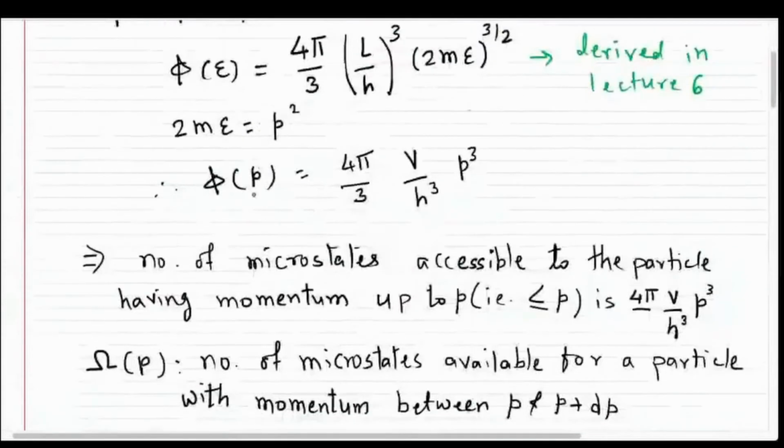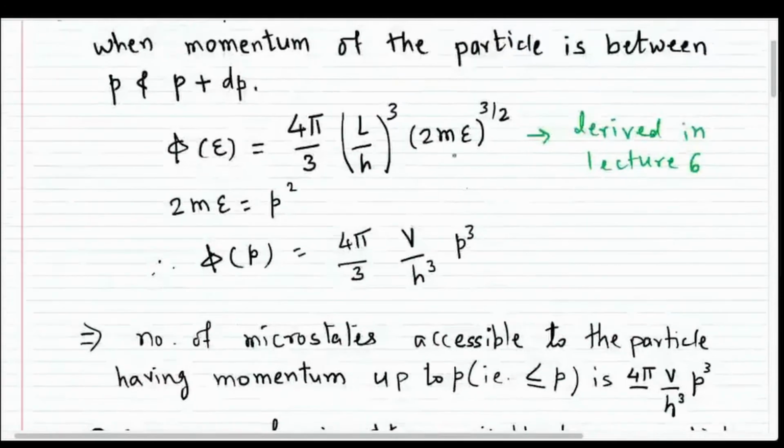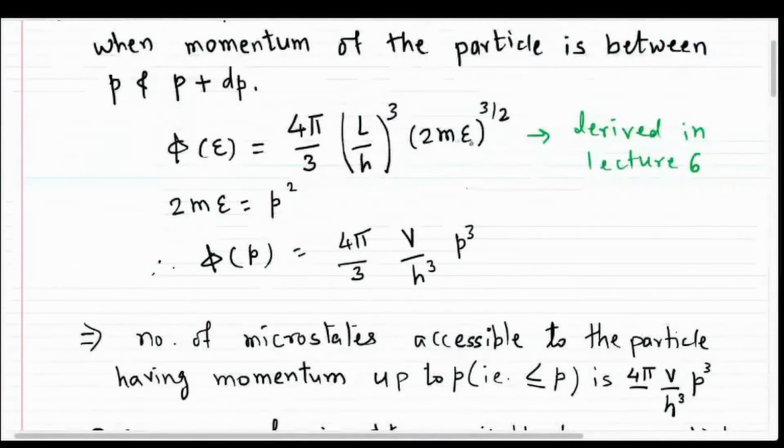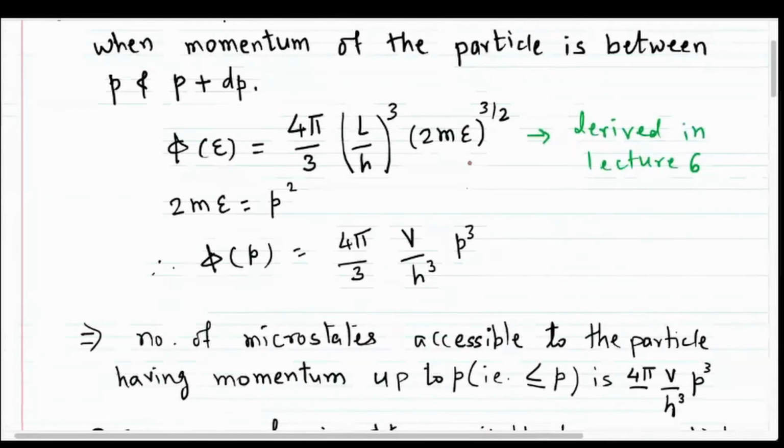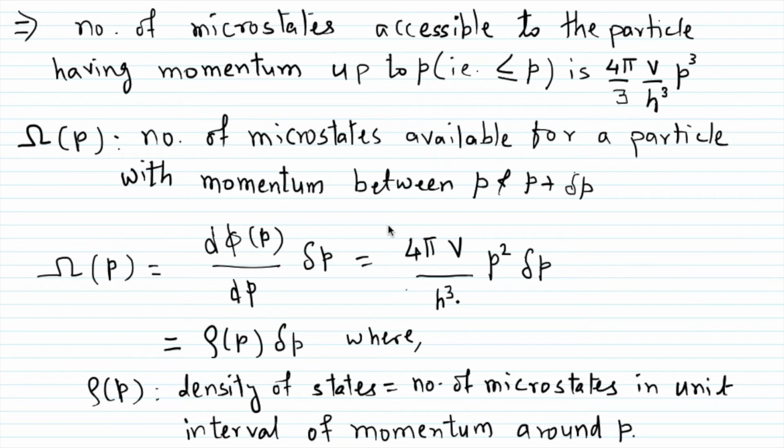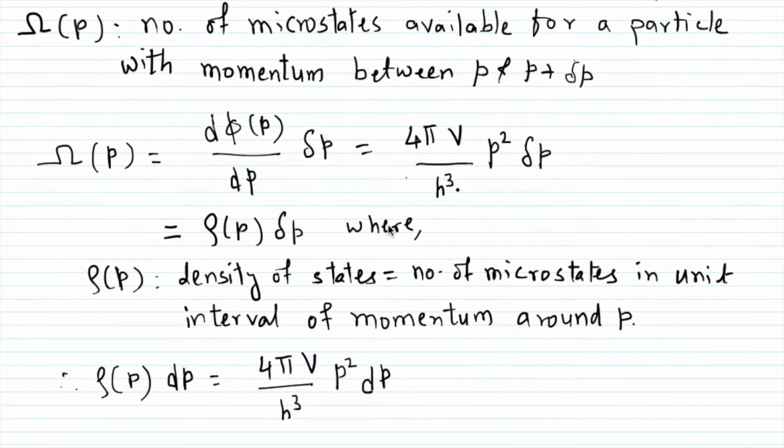And what we are getting here is, yes? This E equal to p square by 2m came only because the molecules are non-interacting, there is no interaction between them. Otherwise, if there is a potential, that will be potential energy, a different case. Yeah. Okay. Here this is only because we are talking about non-interacting particles. Okay. So this is the number of states accessible to the particles having momentum anywhere from minimum value to p.